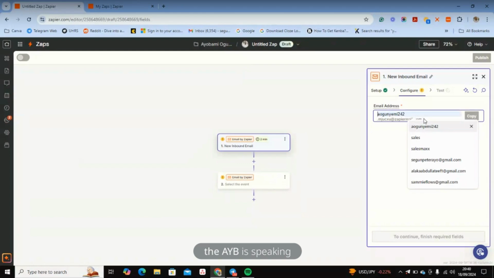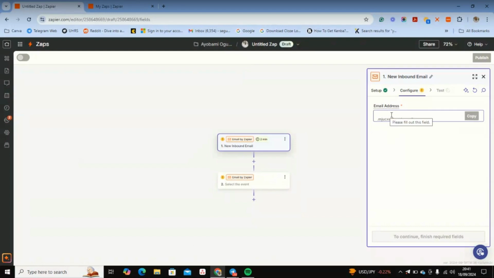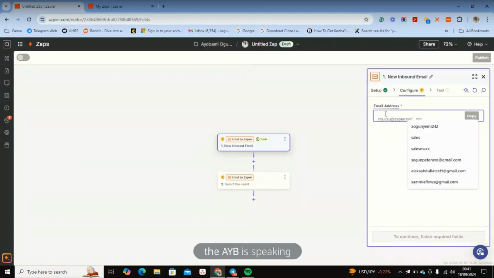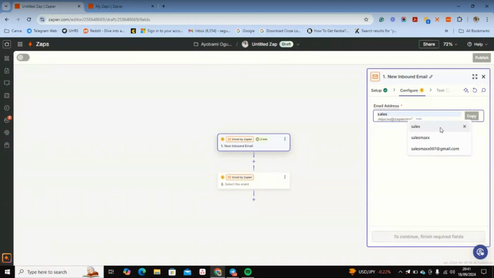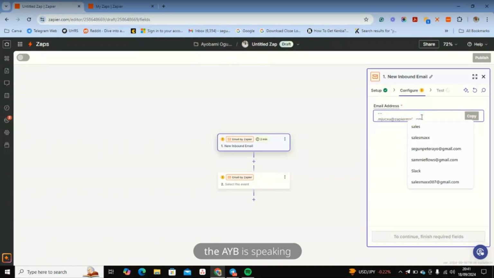Okay, now something about this email is that it's always good for us to add a particular word to it. So we can just put sales. Let's put sales, and let's see if it's available. I'm not sure sales is available. Let's put